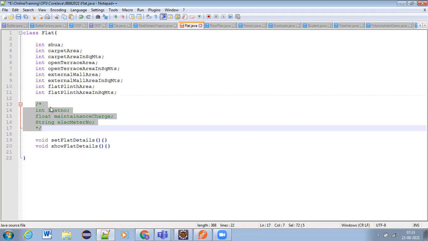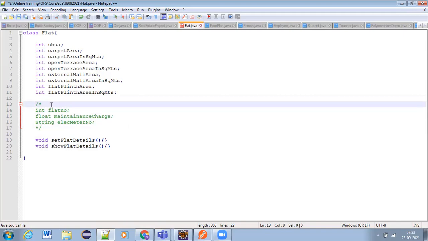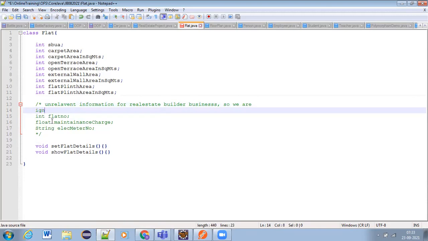For this real estate business, this information is irrelevant, right? So we are ignoring these properties.